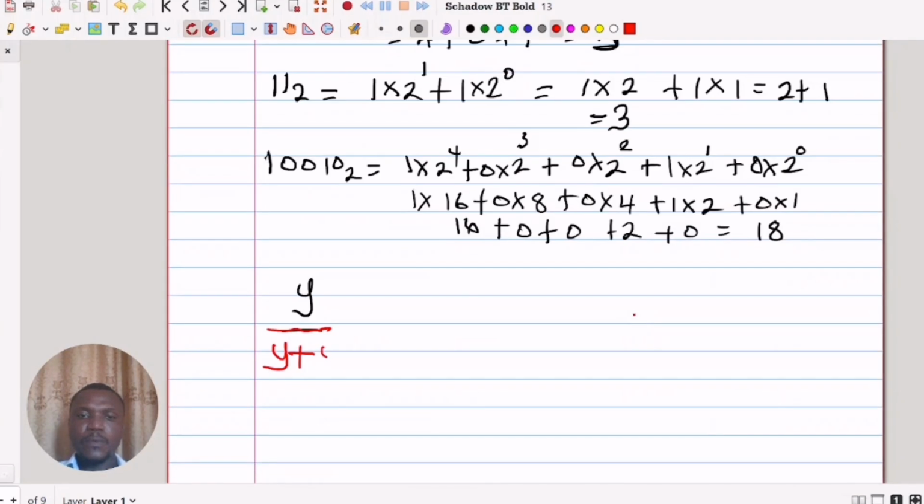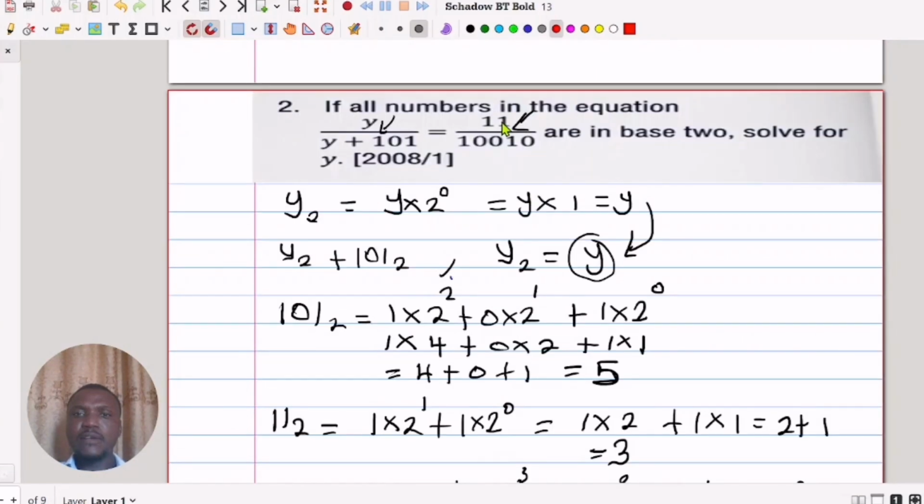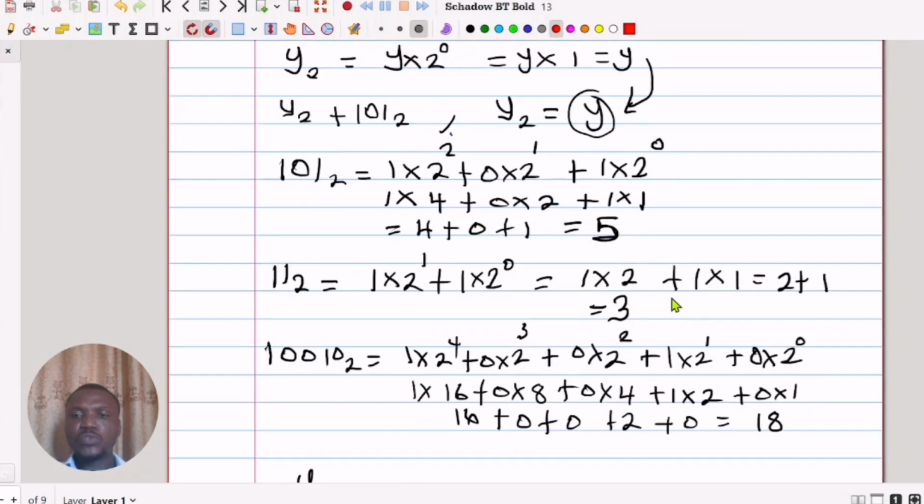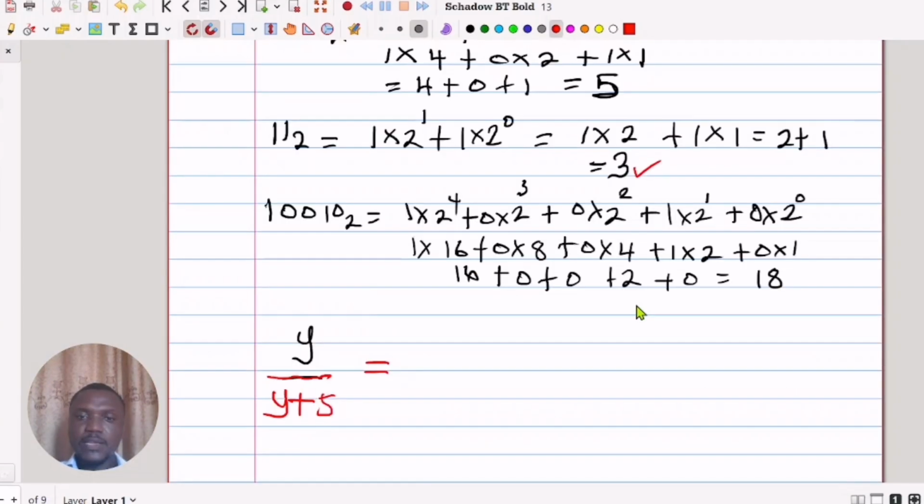So I'm writing 5 equals to what is 11 base 2? And what is 1 base 2? 1 base 2 is what? It is 3. This is it here, 3 in base 10. So that means 3 over